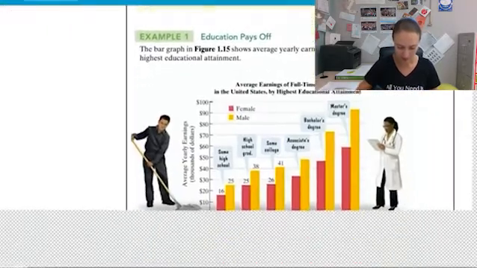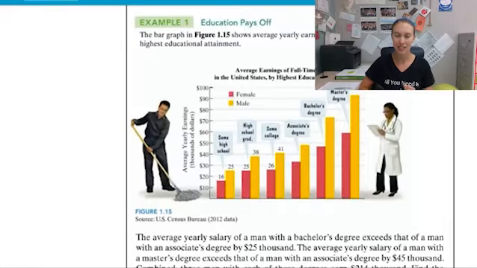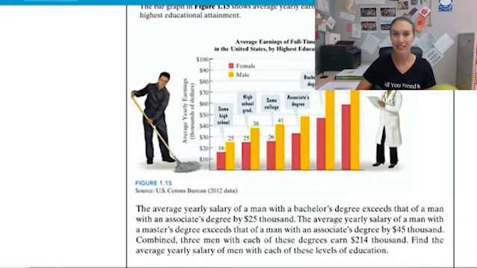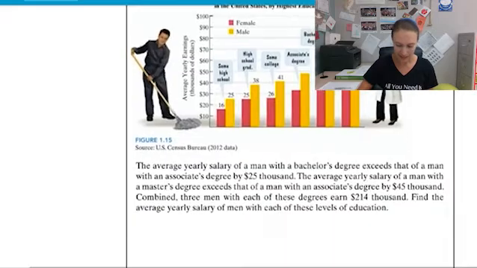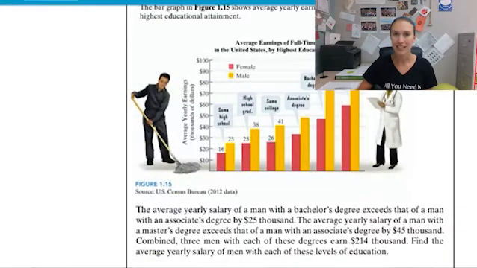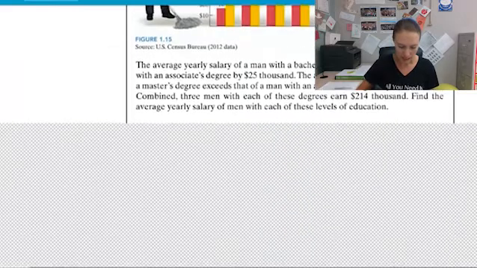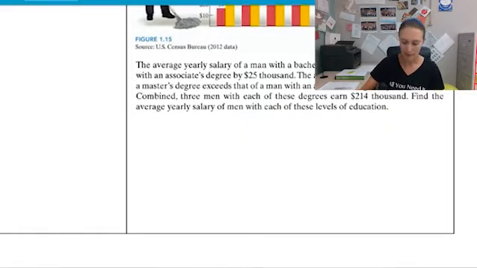The first example, we're going to be looking at the average yearly earnings in the United States by educational attainment. So there's a nice little graphic here. The graphic actually isn't going to help us with the problem itself, so we're going to move down to just the words. The average yearly salary of a man with a bachelor's degree exceeds that of a man with an